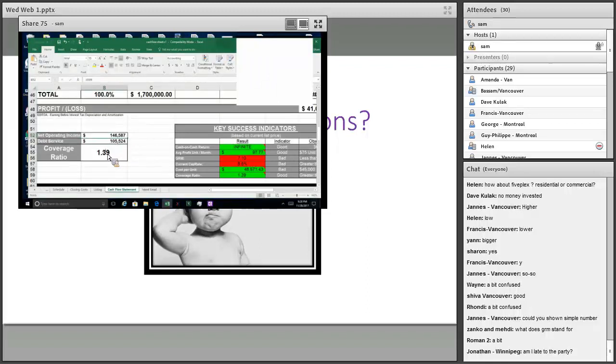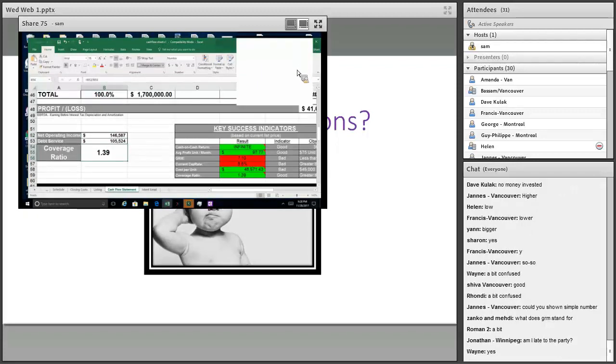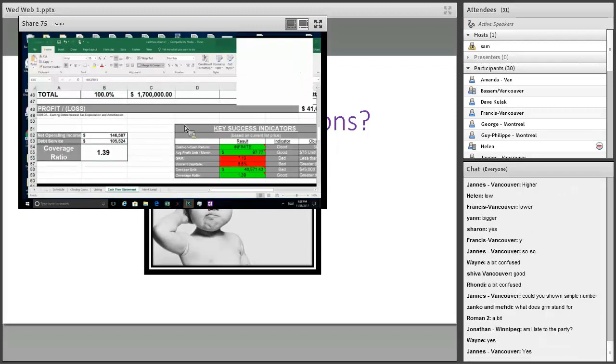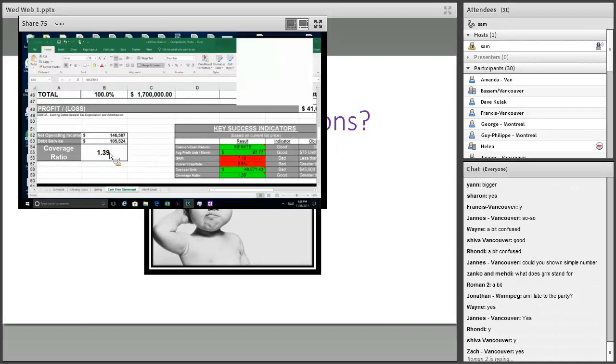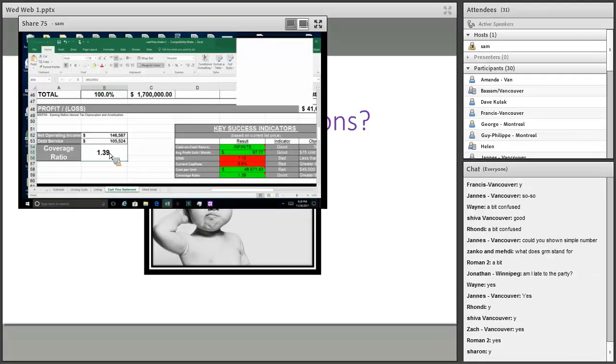So basically it's saying that we have more than enough money to cover the expense, and we have some left over. Does that make sense? Okay, so coverage ratio is basically saying, can you cover your mortgage? Can you cover servicing the debt on this property? Do you have enough money after you pay all your bills to cover the mortgage, the debt service, as we call it? So yes, in this case, 1.39 is great.